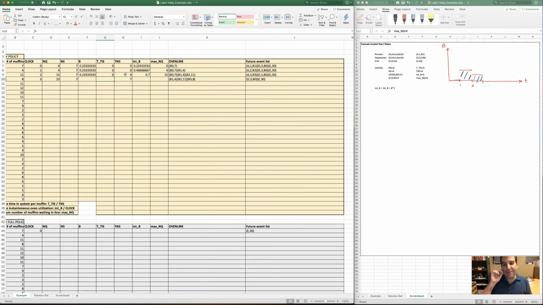The total time in system, this gets a little more complicated. The total time in system is just the previous total time in system, and then this is going to be the total time in system by a muffin for every muffin that departed. So for this particular case,